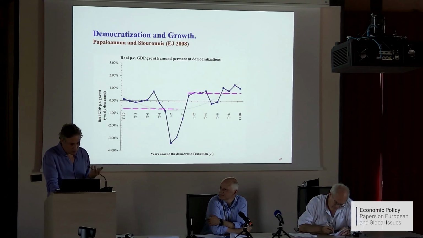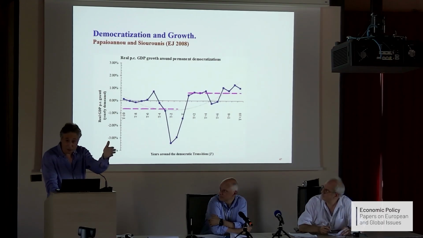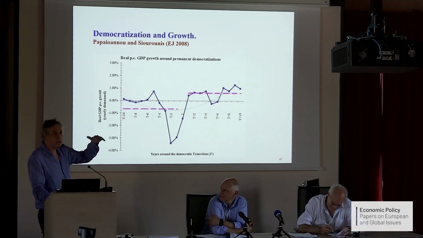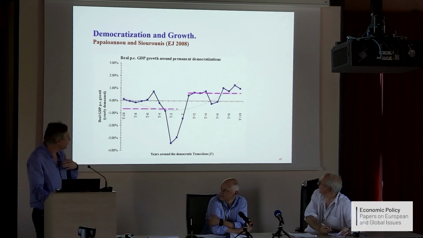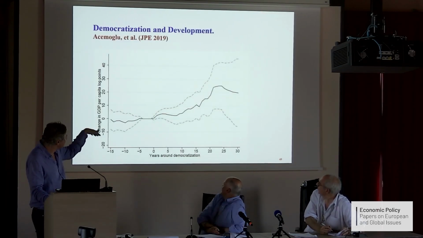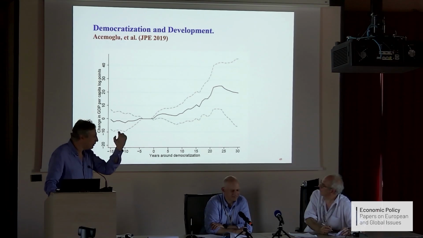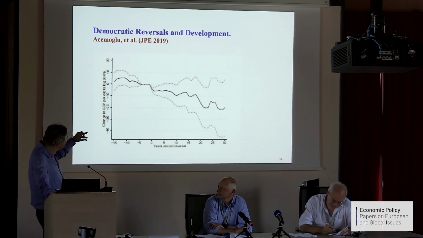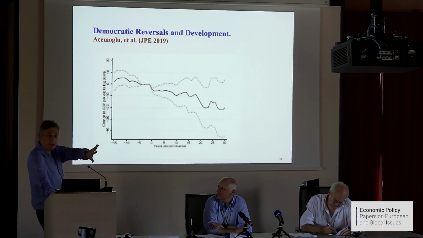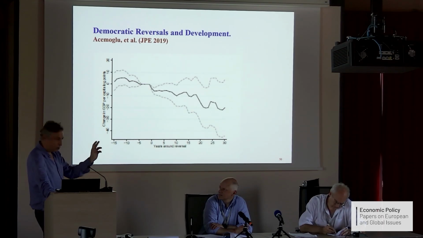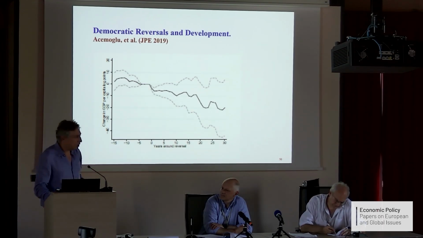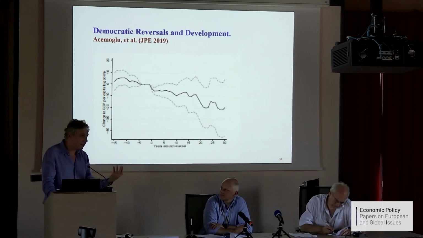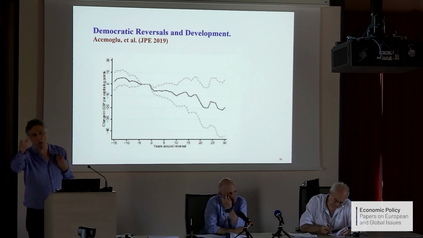Now, there is a work, this is my job market paper when I did my PhD in the Neolithic age, when I hung out with Aristotle, that's how I know what he was preaching, showing that democracy, on average, tends to be associated with a boost of economic performance. Daron and co-authors did better, non-parametric, every complex technique you can think of, something similar. And most importantly, when we have autocratic reversals, things deteriorate. This is based on a 0-1 measure. So this would be, I don't know, Chile: before Pinochet, under Allende; under Pinochet, it's going to be an autocratic reversal.